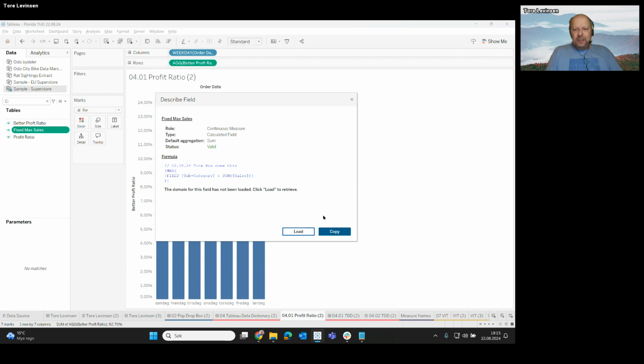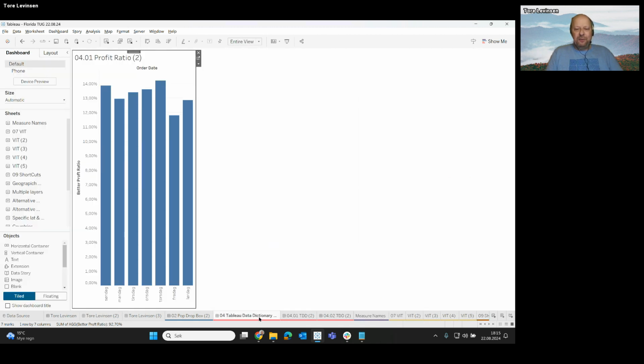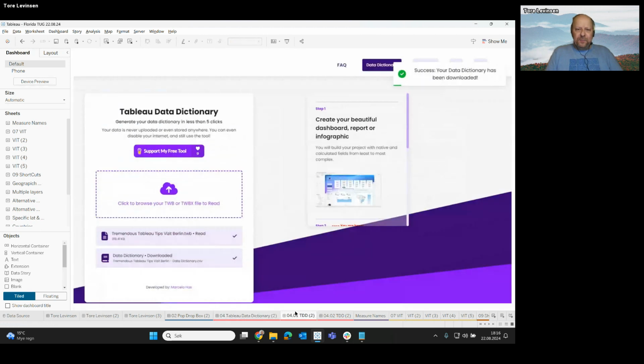Problem is, I can copy this, right click, look at all my calculations, and in any typical workbook, you might have 10 or 15 calculated fields, and you have to copy paste 10 or 15 times. So instead, you can go to something called the Tableau Data Dictionary, created by Marcelo Haas, which is free, available